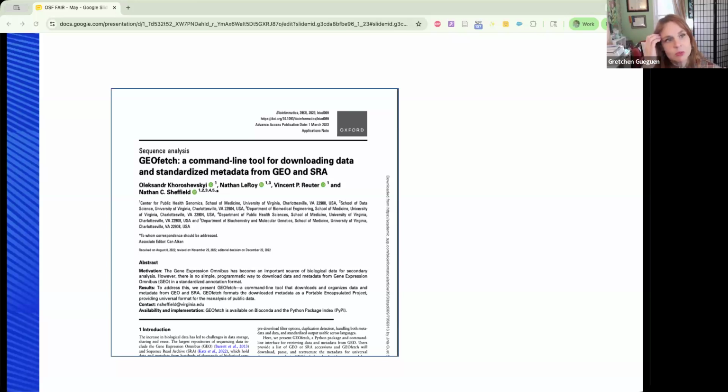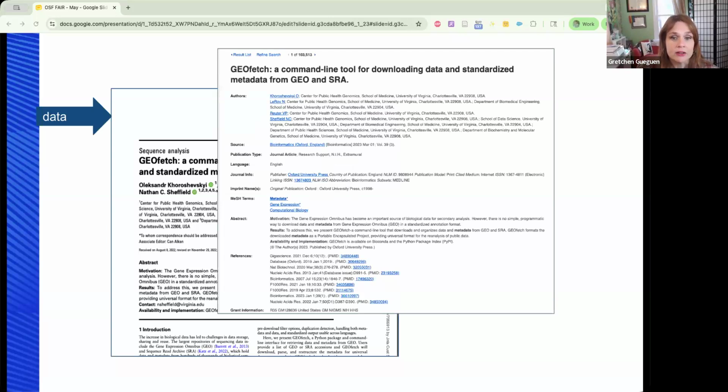In an example that might be more familiar to our research, we can also look at a journal article. So if we think of the article as the data that we're looking for, the record that we find in the database when we're looking for it is the metadata. In this case, the metadata was probably created partly by the authors who created the abstract, for example. But it was also probably created by professional indexers at this journal who create the subject terms and other standardized terminology that's in this metadata record.